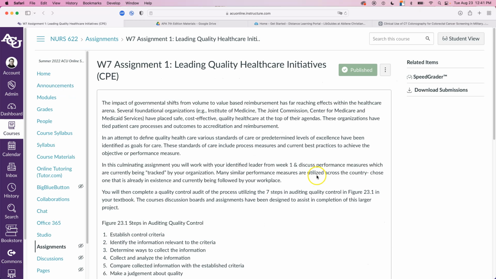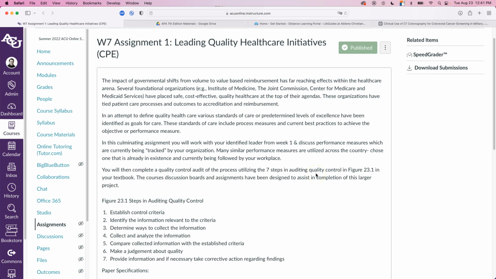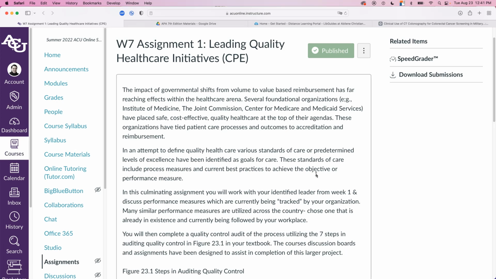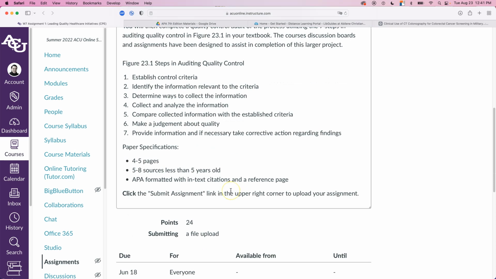All right, now if we look at that framing assignment, if you're saying, well, I'm not sure how to justify this because I don't know where this is heading, well, remember the instructions have advised you to take a look at the Week 7 assignment, Leading Quality Healthcare Initiatives. And you see they're talking about achieving an objective or performance measure. So what is it that you're trying to do? What kind of results do you want to get in the performance measure when you're done? What are you getting now? And you can look and see, okay,